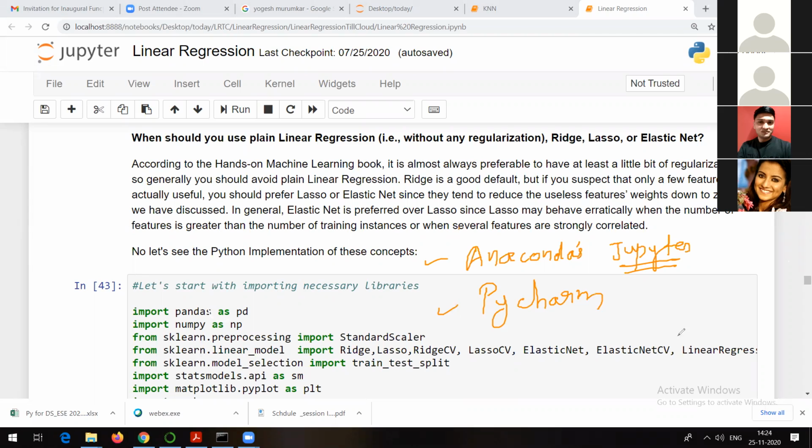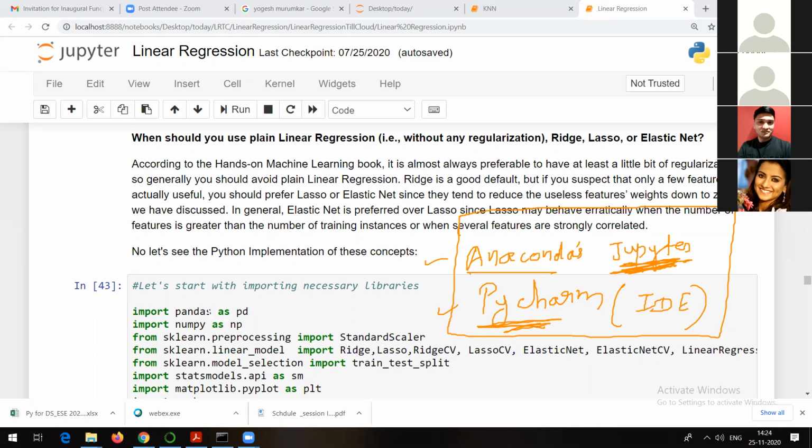But let me tell you, if you do not want to make use of these tools, no problem. You can make use of other things like Google Colab, Jupyter Lab, Spyder, and so on. The code I'll be sharing can run in any of these tools. Jupyter is a notebook. PyCharm is an integrated development environment, and that's what we use in real time for creating the models, right? So in my case, I am using Jupyter and the PyCharm IDE, just to make things clear.